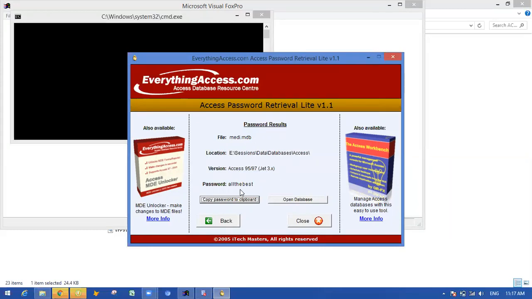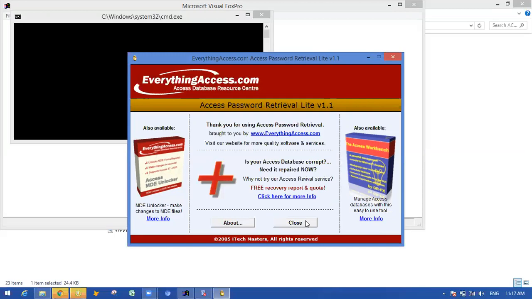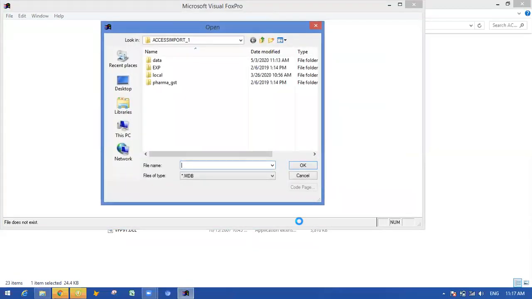Otherwise, sometimes you must seek help. That's why the copy password to clipboard option is given, and from copy password to clipboard you can copy your password, all the best, and then close. After that, you will find the about and close window with the about and close option. Here you have to select close. Once you click on close,